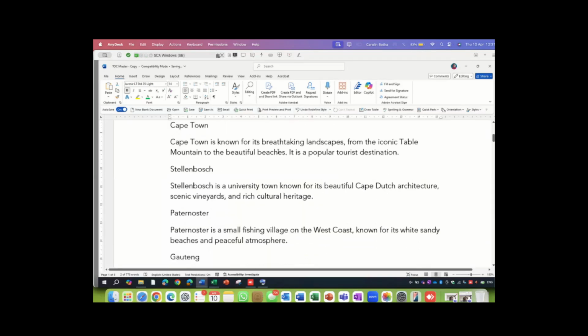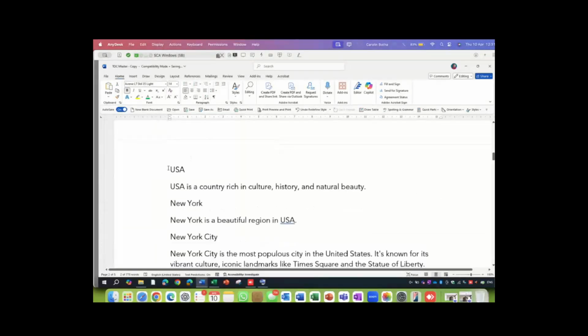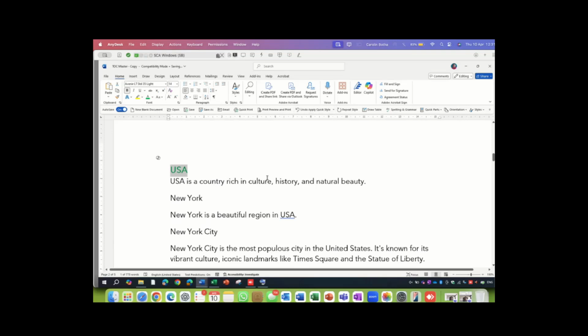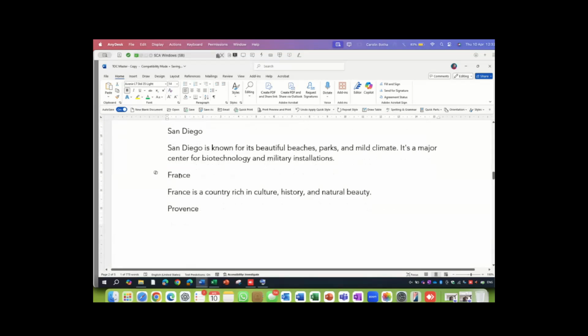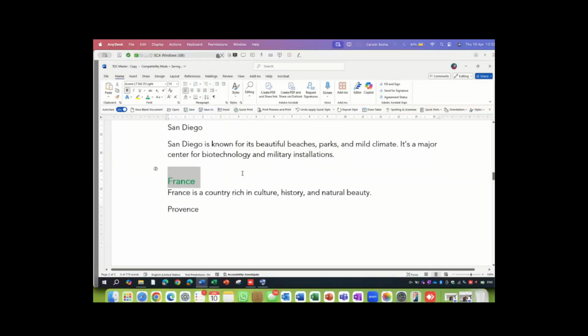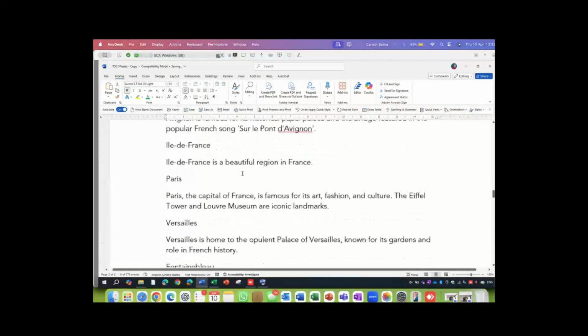So let's go and find another country. So I select it and I go for heading 1. There you go. Now that country, which is the next country, France. There's another way around this. I'll show you that as well. I'm taking the long way, but it's no wrong way. The long way is not the wrong way.